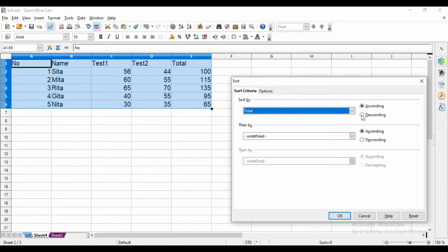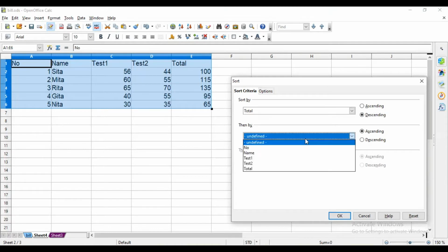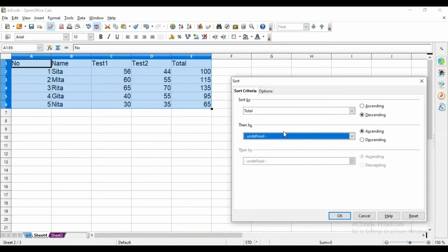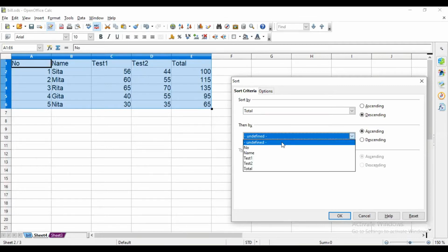So in ascending or descending, then we are having this option. For example, we want to take descending because we want the maximum value on top. If two students have the same marks, at that time we can use another criteria. That is, if both these totals are the same, according to what other filter you want to sort this.